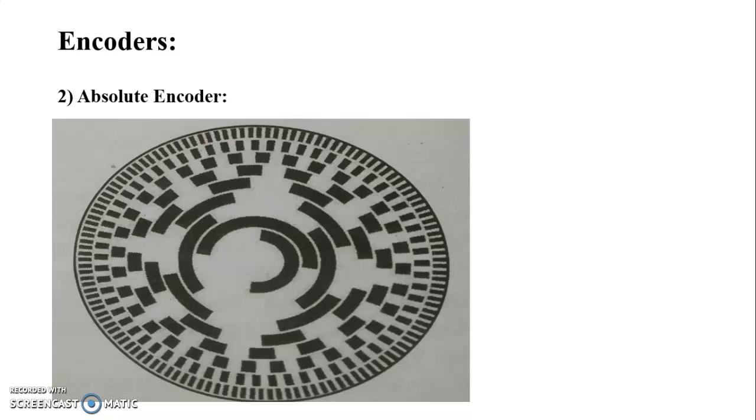Each of the 9 sensors would sense the presence or absence of a black line in the circle of lines it is positioned over. If a line is present, the sensor output would be high, or in a logic 1 state. If a line is absent, the sensor output would be in a low or logic 0 state.